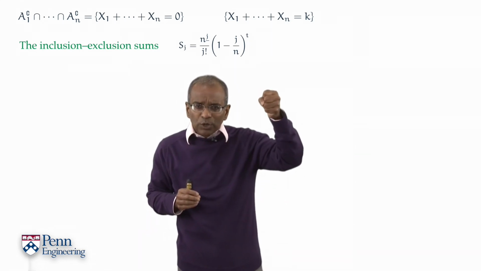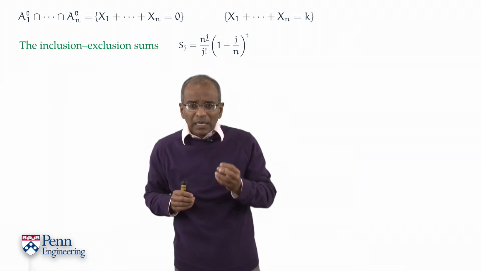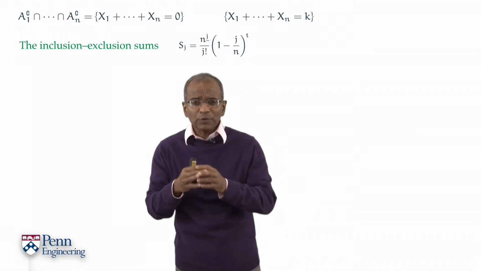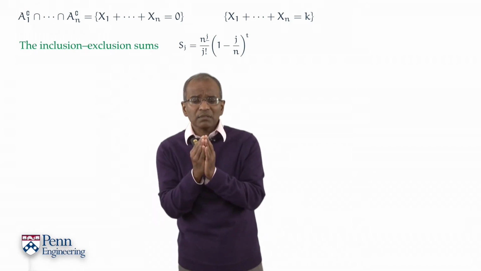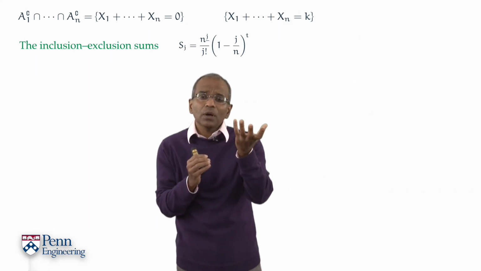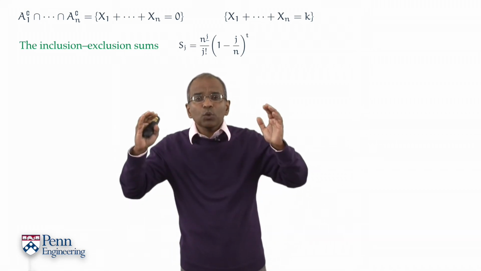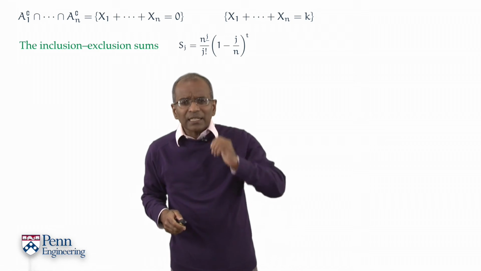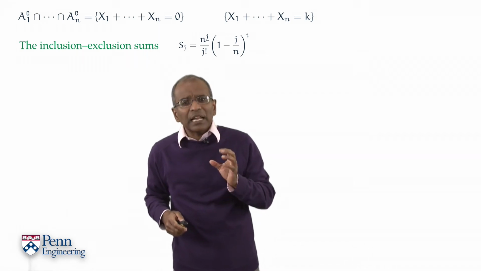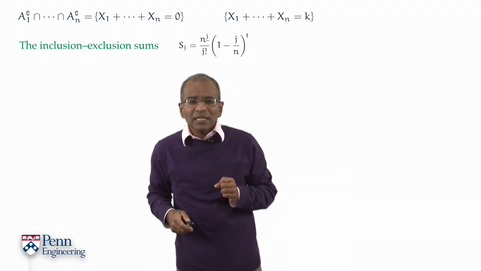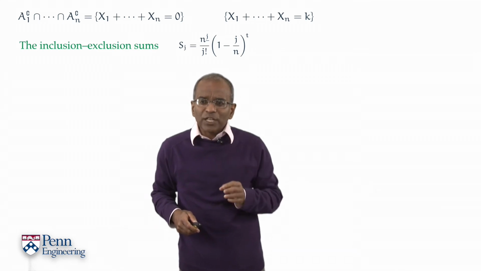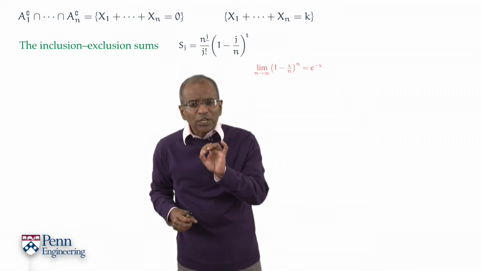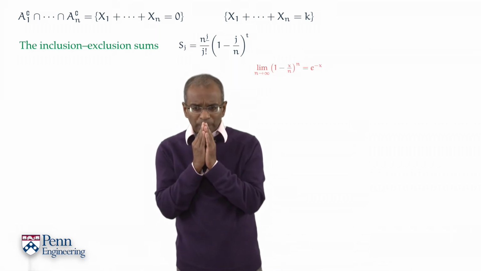t is some fixed number. I'm going to hold that for the time being. n I'm going to think of as a large number of coupons. So what I've got is 1 minus some constant j over a large quantity, to a given power. Have I seen anything like this before? Maybe in an elementary calculus class. As you scratch about in your memory banks, you might stumble upon the following observation. This actually looks like an exponential.